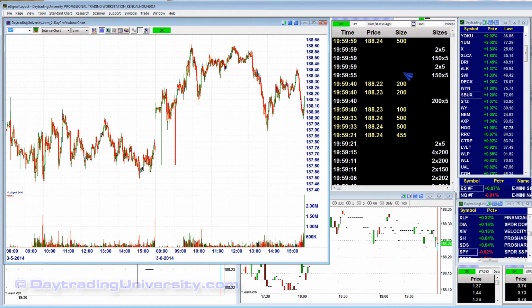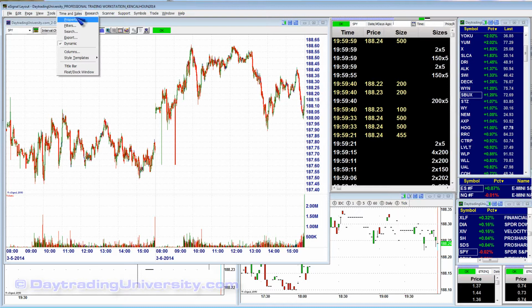You also want to have a wide, nice, easy to see black and white time and sales window. And it's very important that you do it the way I teach you. I've taught thousands of traders. I've done millions of dollars of real trades in my own account, my IB account, and also my Fidelity Sapphire, just to the long side in that. But anyway, time and sales